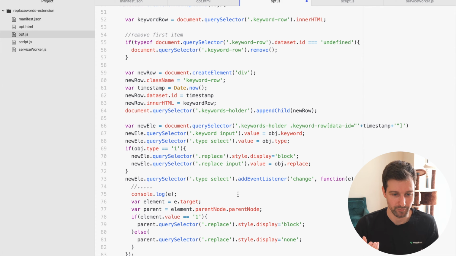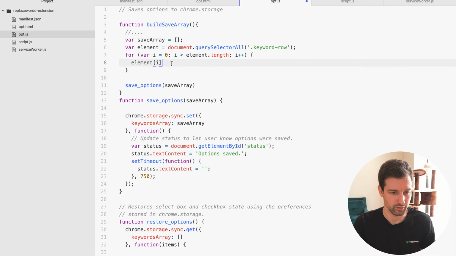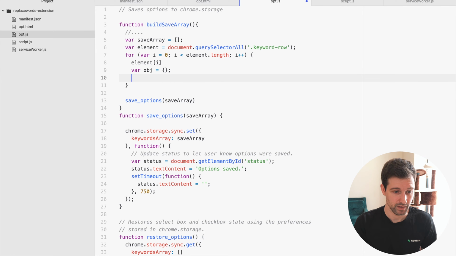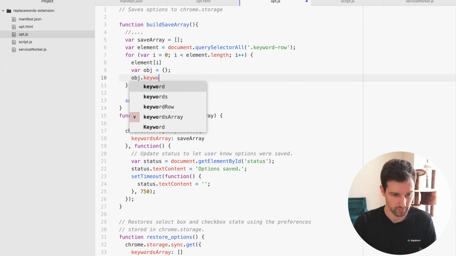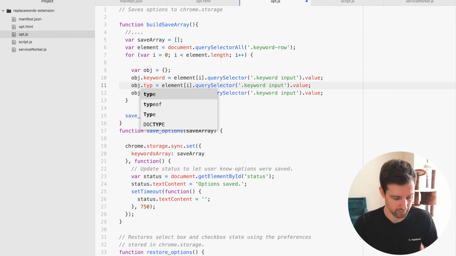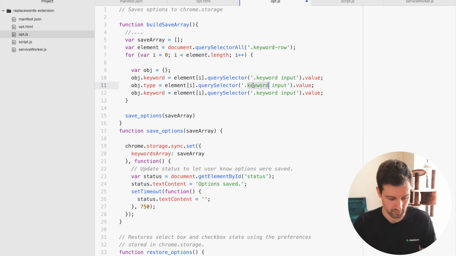So down here where we were setting this information, we now need to get this information. So it will be something like this. The first one will be the keyword. So we're going to first set a new object, like this. And then object.keyword equals, here's our element here, input value, so that is our keyword, and then there'll be type, which will be type select,